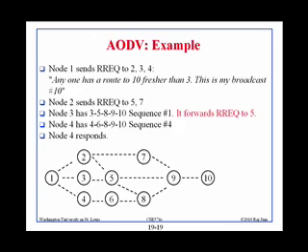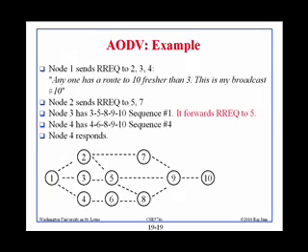Example. So 1 wants to send to 10, it sends a request to 2, 3, and 4, and its entry number says 3. Now 3 is the entry number, not the node number. So the entry number in node 1 is 3, and it says, can somebody tell me a path to 10 which is better than 3? So node 2 sends it to 5 and 7. Node 3 has 3, 5, 8, 9, but its sequence number is 1. So it knows this is older, this is 1 PM information. Whereas 4 has 4 PM information, so 4 will send it back and you're done. Okay, is the example clear?